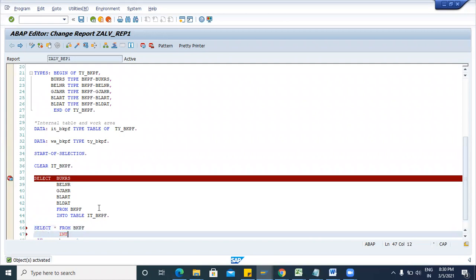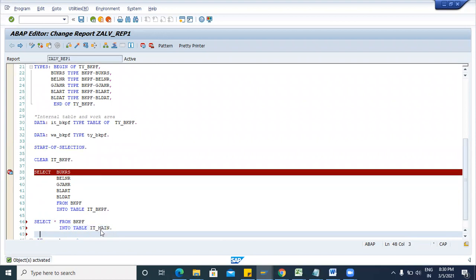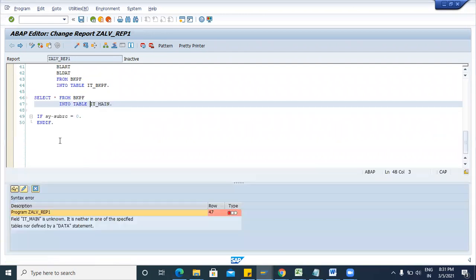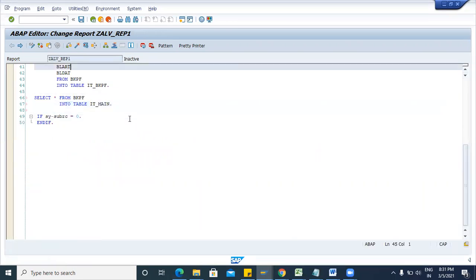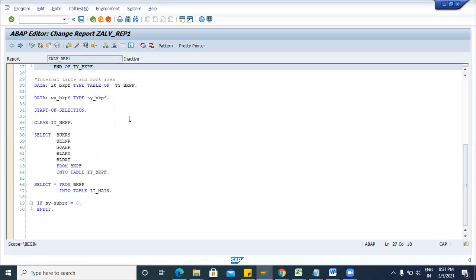Then INTO TABLE IT_BKPF_MAIN. IT_MAIN you can also declare, but here I did not declare this IT_MAIN, so it will throw the error. Let me show you. Check. IT_MAIN is unknown because we did not declare it. So first you have to declare.